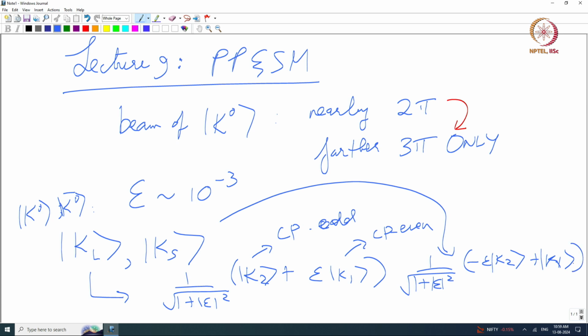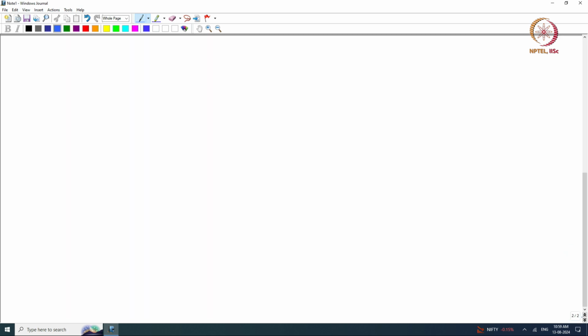This is the sensible set of eigenstates that we can work with, right. So we tell them to prepare the K long eigenstate, we tell them to actually work in this eigenbasis, and we tell them that K long decays to 3 pions, right, it actually decays to this state. We can ask them to take